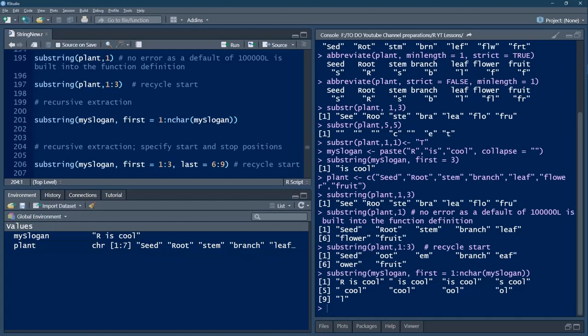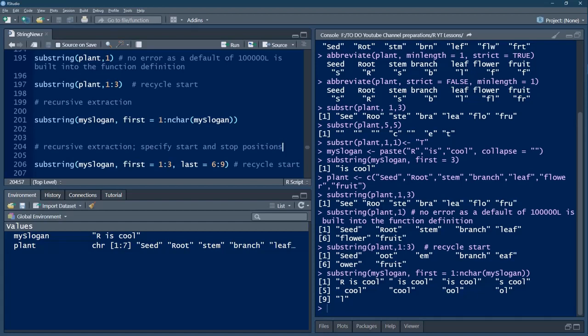So substring functions in different ways, you can see here. In this case, because the same string is there, it has to extract from the first, extract from second, extract from third, extract from fourth, like that. So you can say R is cool, is cool, is cool, is cool, cool, cool. So as though a battery is getting drained, you are able to get the slogan getting reduced. Normally slogan shouting will be very loud in the beginning.